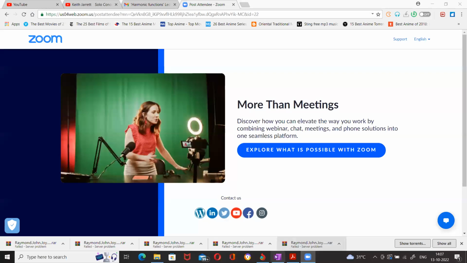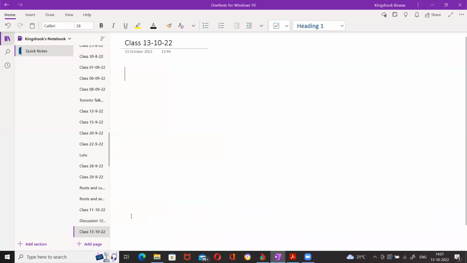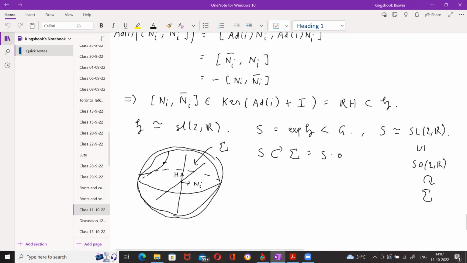I just want to start by clarifying a little mistake I made last time, which is that I stated that this kernel of ad(H) plus identity is equal to the span of H. This is not quite correct. So this contains the span of H, but it's not equal to the span of H. We don't need this actually to determine what is the kernel of ad(H) plus identity. Instead,